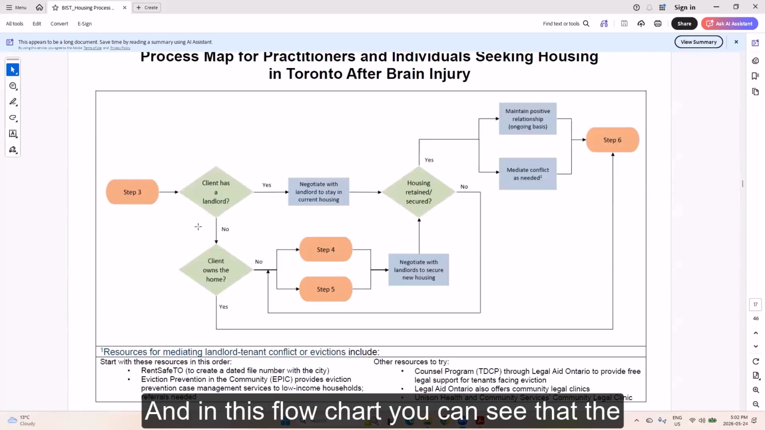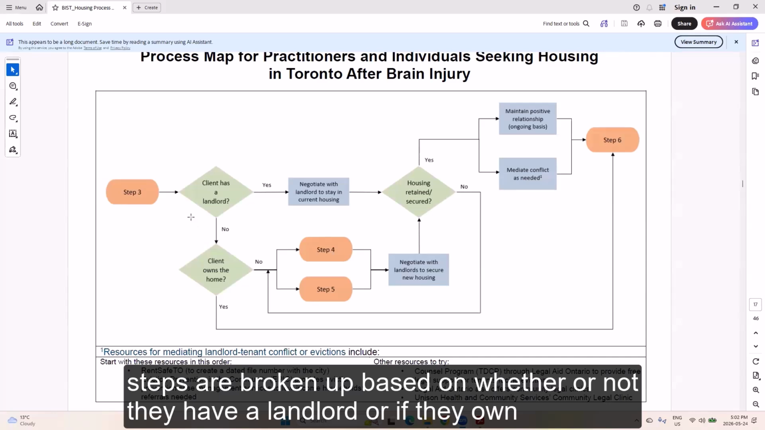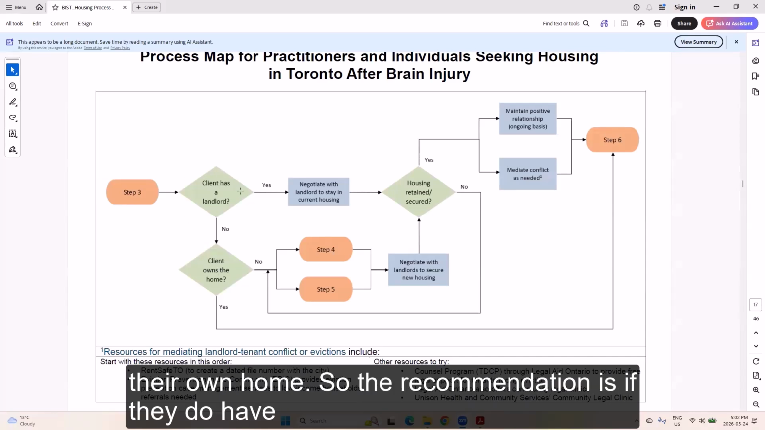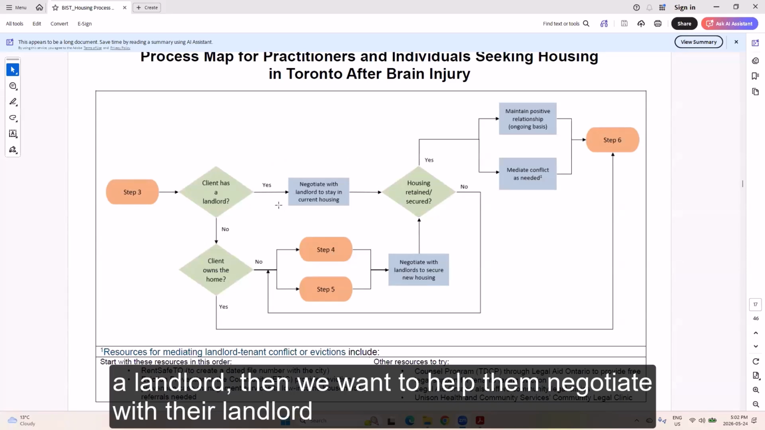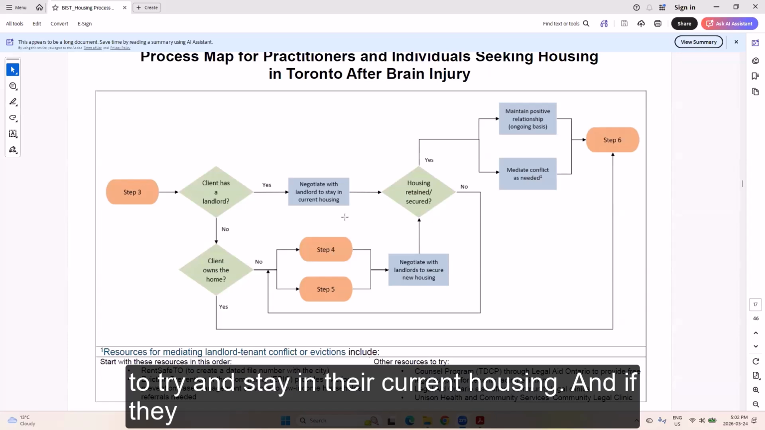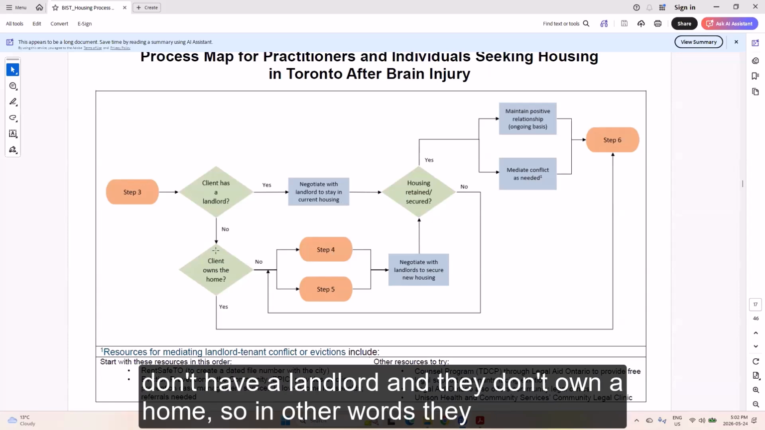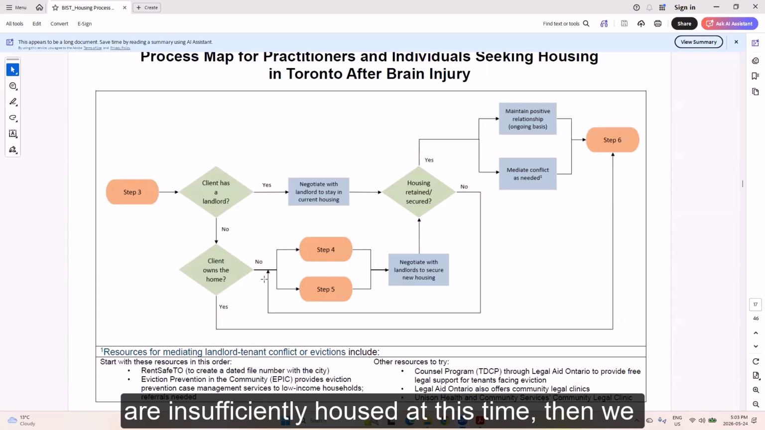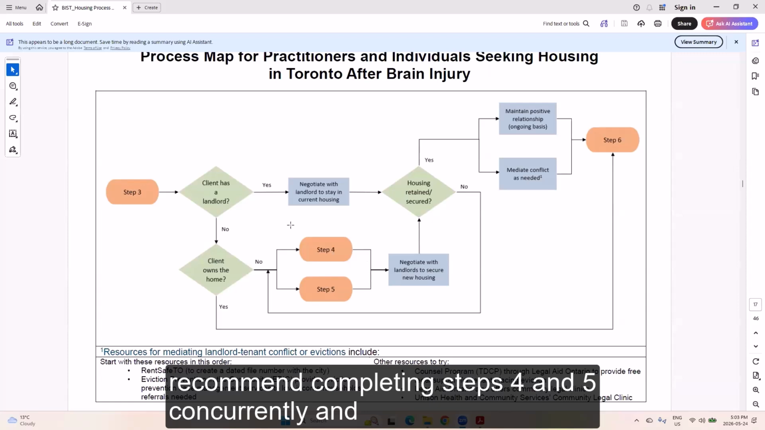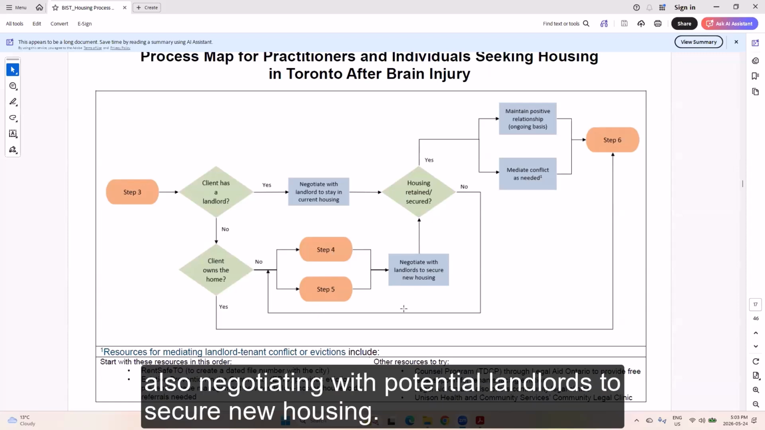And in this flowchart, you can see that the steps are broken up based on whether or not they have a landlord or if they own their own home. So the recommendation is, if they do have a landlord, then we want to help them negotiate with their landlord to try and stay in their current housing. And if they don't have a landlord and they don't own their home, so in other words, if they are insufficiently housed at this time, then we recommend completing steps 4 and 5 concurrently, and also negotiating with potential landlords